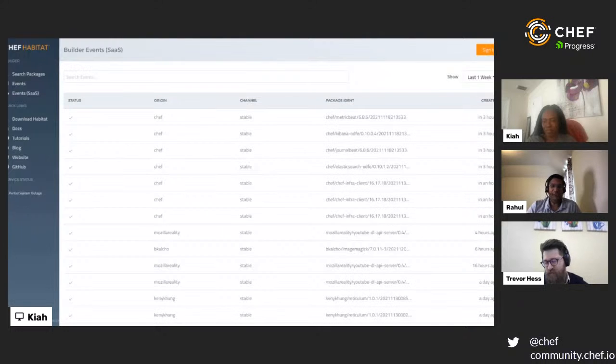Yeah, definitely. So really excited about the next Habitat packages refresh. We are already working on it as we speak. We are bumping up the versions and other attributes for certain of the Linux packages. And we are definitely looking forward to the next refresh in the upcoming year, 2022.